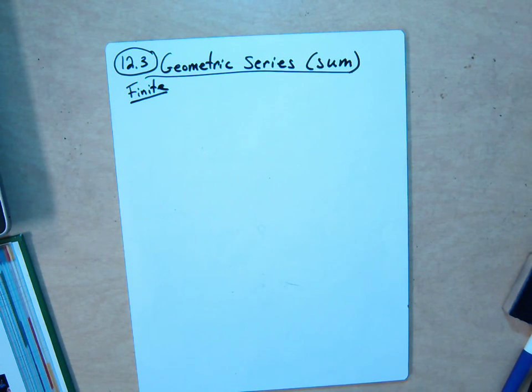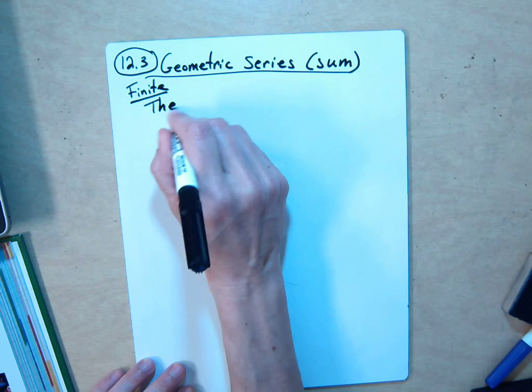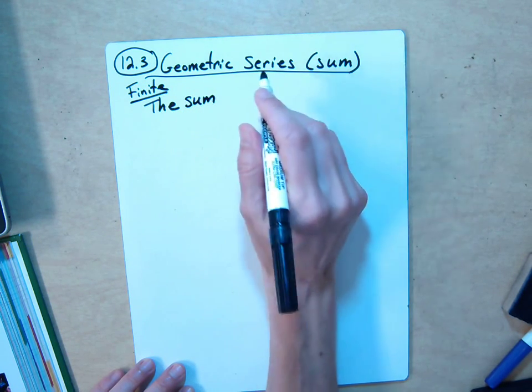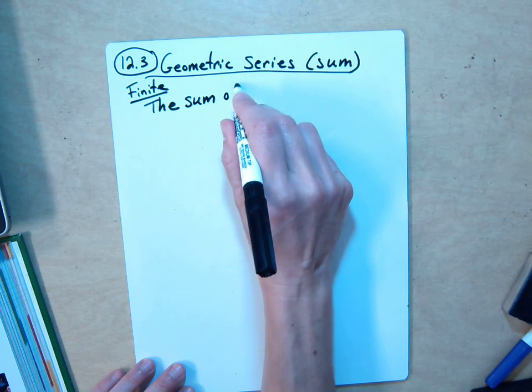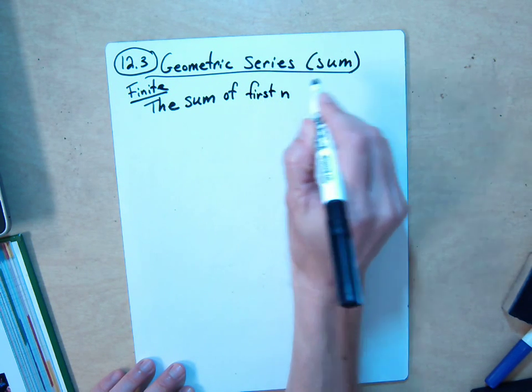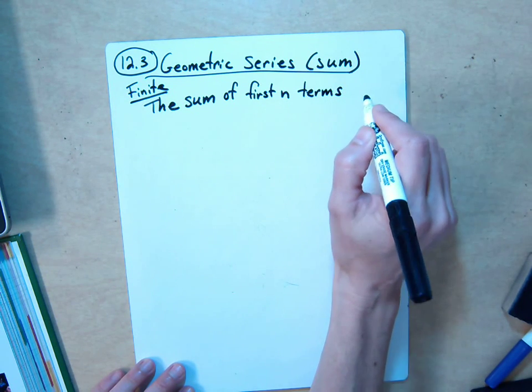Section 12.3, geometric series. So always think sum when you see the word series. 12.3 is going to be only finite though, so the sum of a fixed number of terms. If you have a finite geometric series, and you know it's geometric because you're multiplying by a constant, then the sum of the first n terms in that sequence,